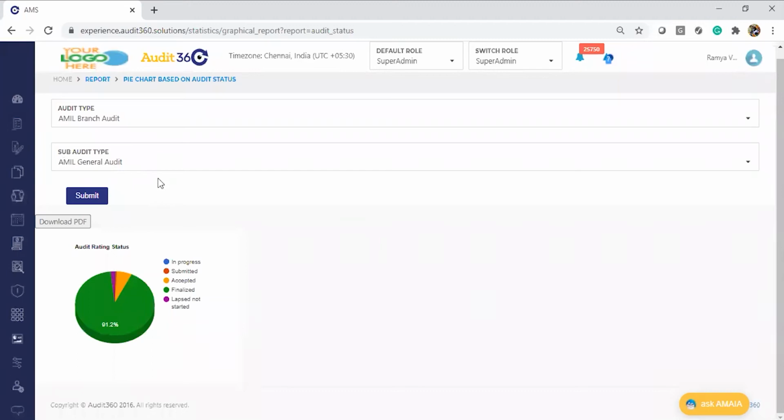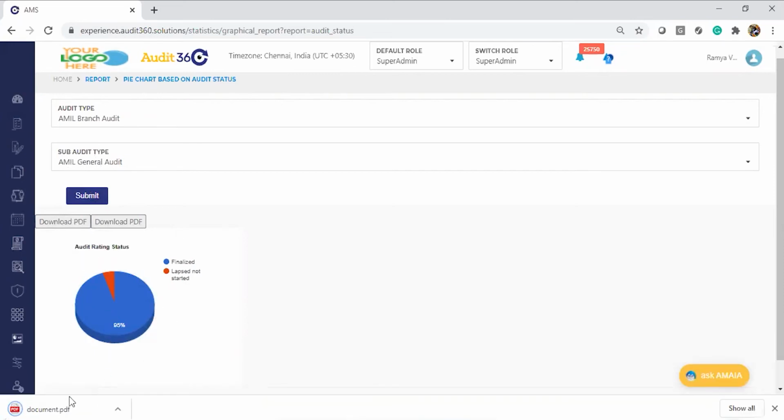If I want to know the status at that particular sub-audit level, when I click here, I would also know how many are finalized and lapsed. For example, when audits were in progress but are actually completed, but the parent audit is not completed. So this report will give you the status information at the graphical level, and this can be downloaded in a PDF format.